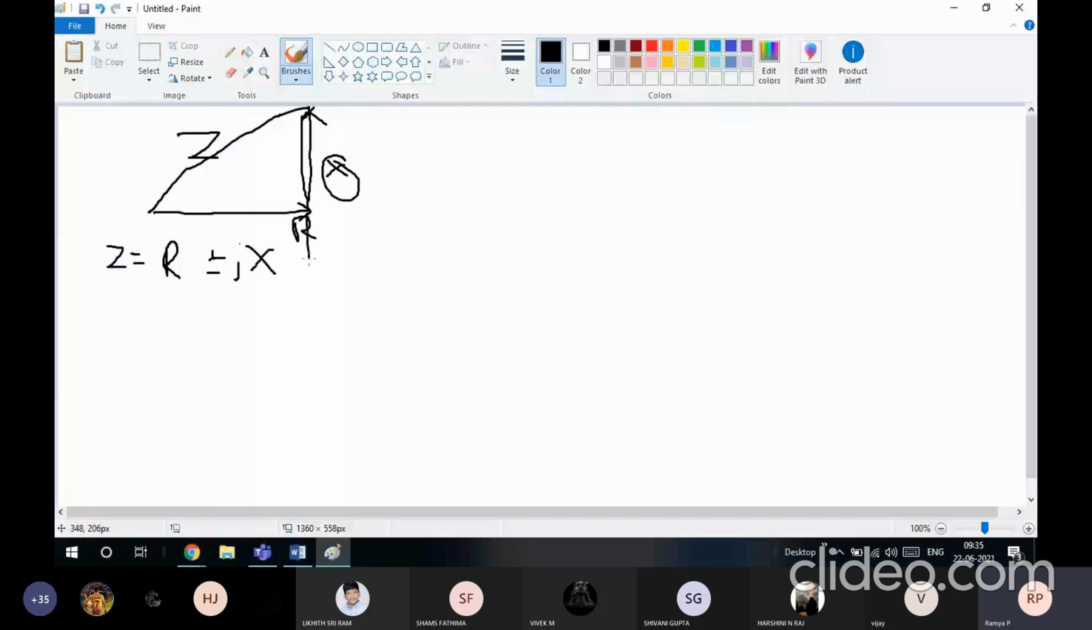Similarly, I want to write the admittance triangle now. Just now you found the expression for admittance. So what is that admittance? Y is equal to